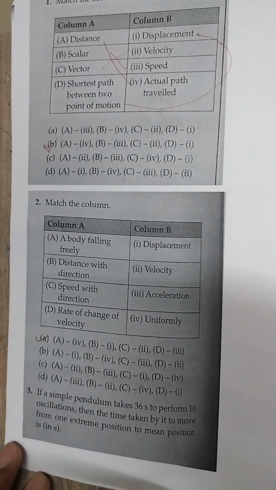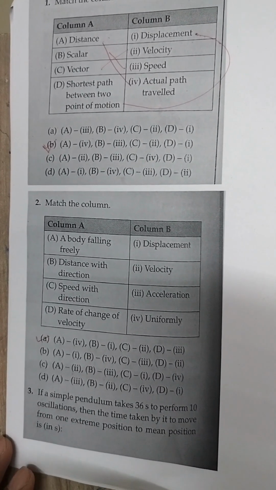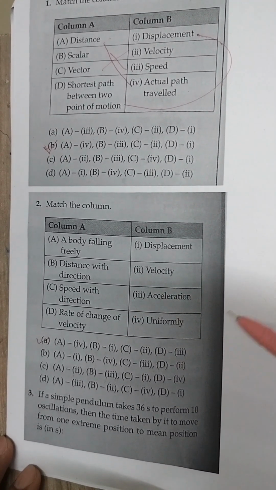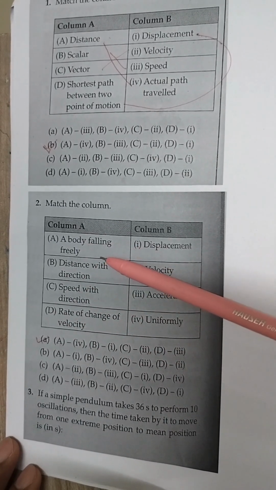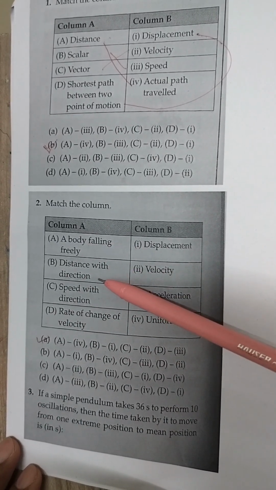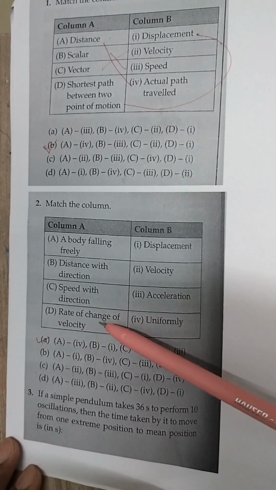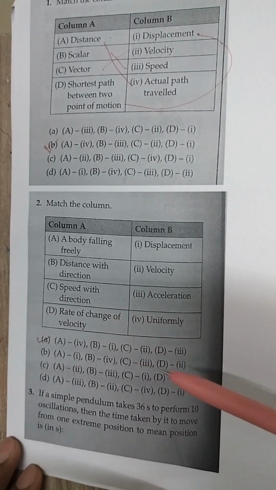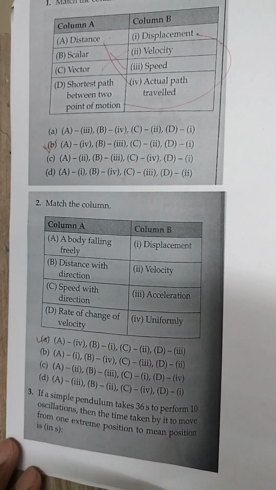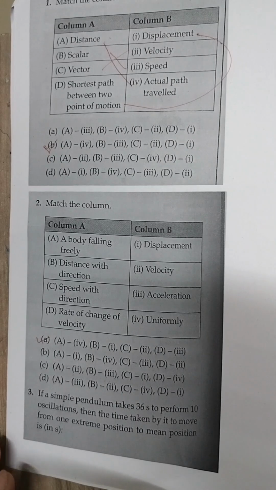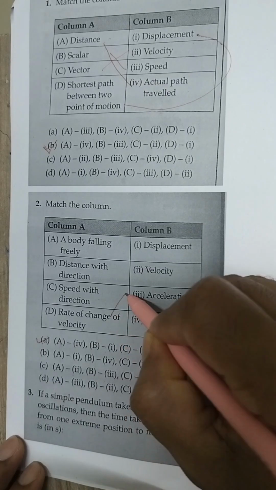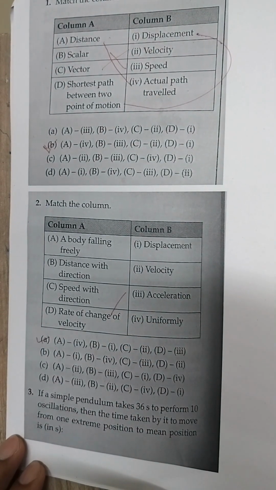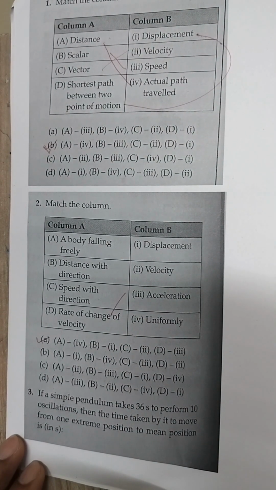Now come to the next question. Again match the following, column A and column B. Options A, B, C and D in column A: a body falling freely, distance with direction, a speed with direction, rate of change of velocity. In this type of question, you match the easiest one, which your mind catches first. The rate of change of velocity is acceleration. You match this. Then the free falling body